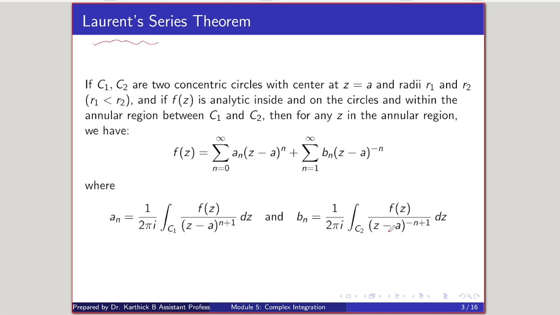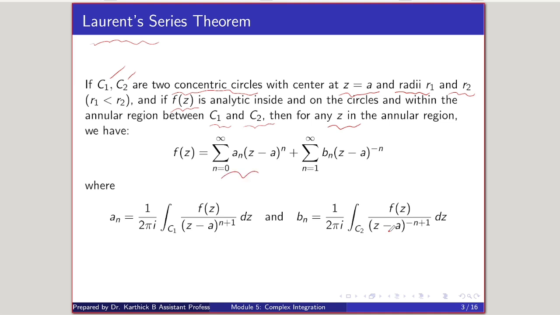Already we have studied Taylor series. Now, let's start with this. If C1 and C2 are two concentric circles with the center at z equal to a with radii R1 and R2, where R1 is less than R2, and if the given function f of z is analytic inside and on the circles, within the annular region between C1 and C2, then for any z in the annular region, we can express the given function f